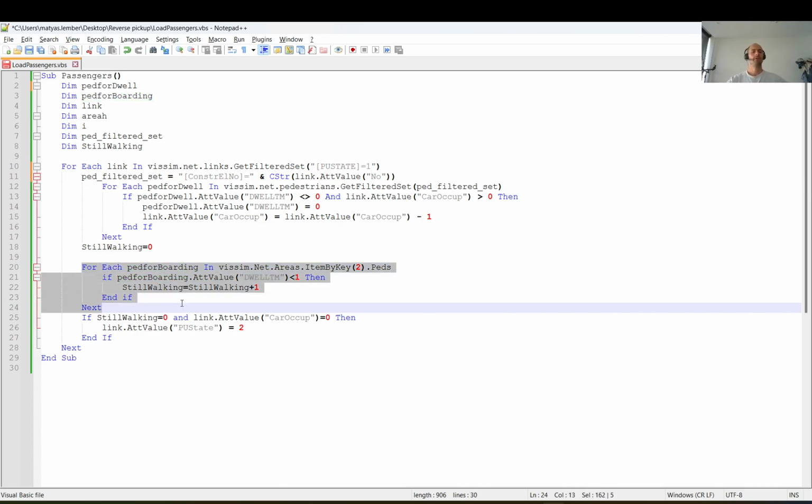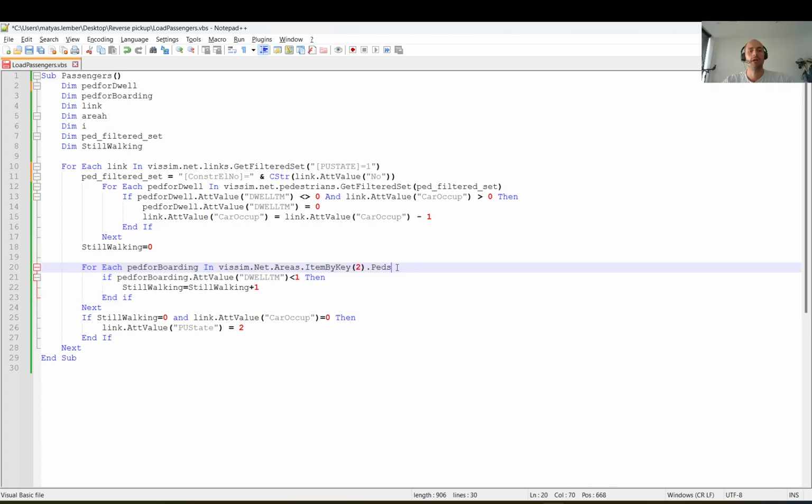This loop is there to deal with pedestrians that are walking towards the car. So I get a collection, and the variable to deal with that collection is ped for boarding. In this variable, I will store every pedestrian one by one from the collection of all pedestrians